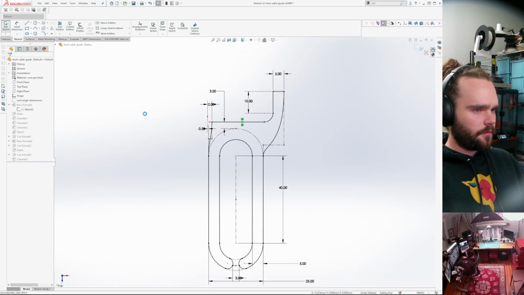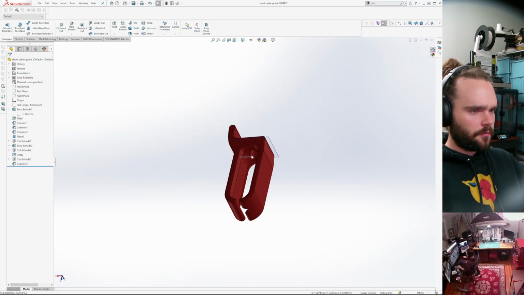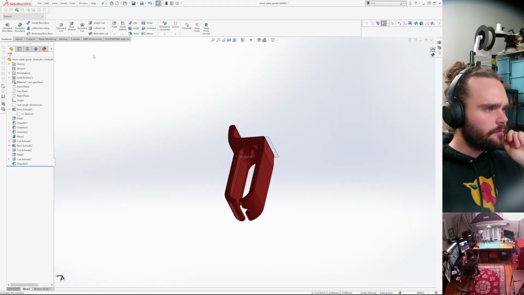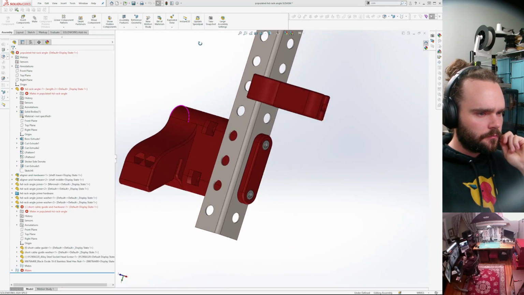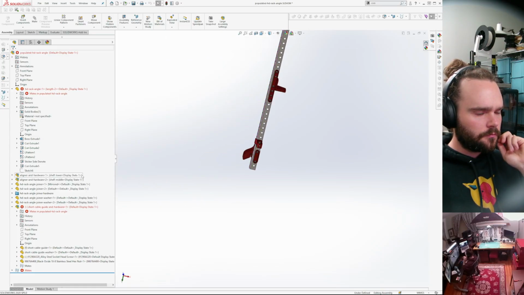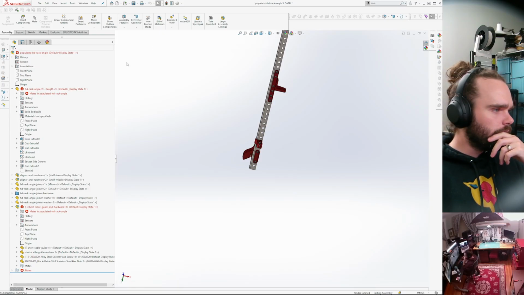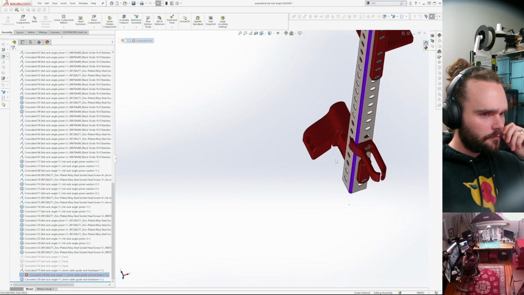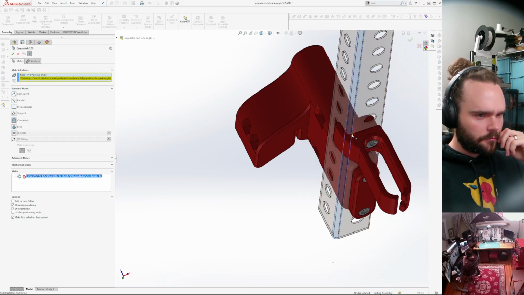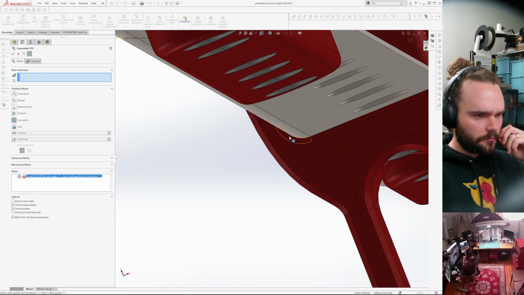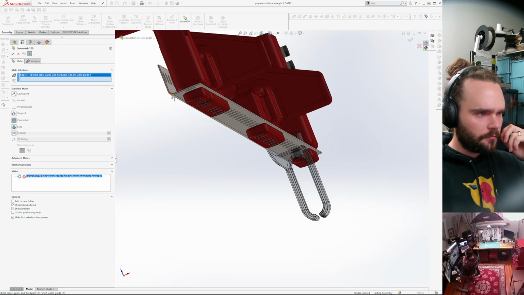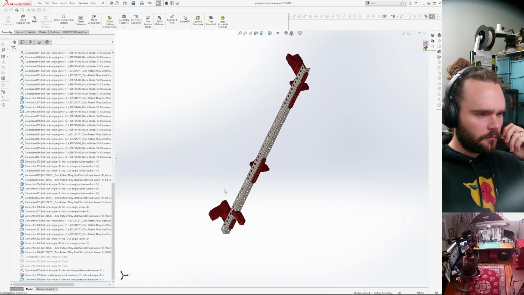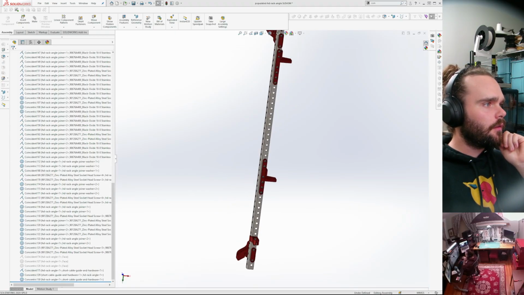What is referencing this? Alright, so I'm now thinking maybe the reason I didn't do that was because it won't fit.